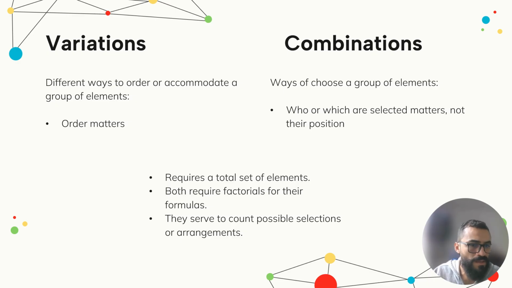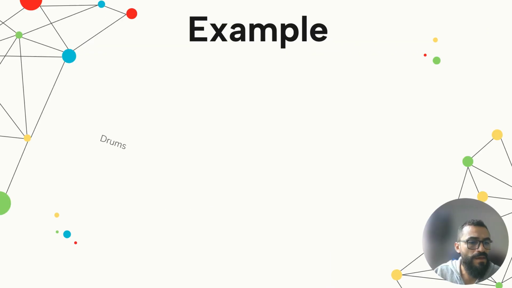The first one is that they require a total set of elements. You need to have a set of specific elements to make variations or combinations. Both require factorial for their formulas, and both of them serve to count possible selections or arrangements. Now, moving into the example,